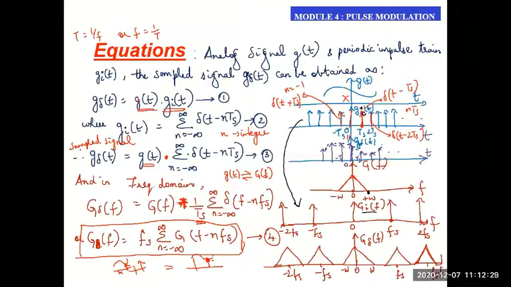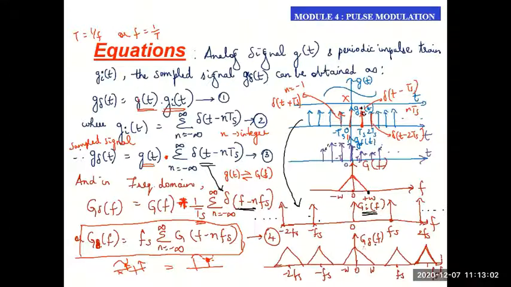We saw that the Fourier transform of this signal is still going to be an impulse train in the frequency domain. It will give us shifted impulses. So one impulse at 0, one at Fs. Here n is an integer, one at 2Fs and so on. Here again, one at minus Fs, one at minus 2Fs, and so on. So we are representing this equation, delta F minus nFs. That is Gi of F, the Fourier transform of the impulse train.